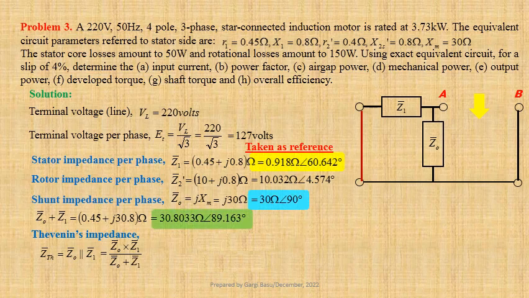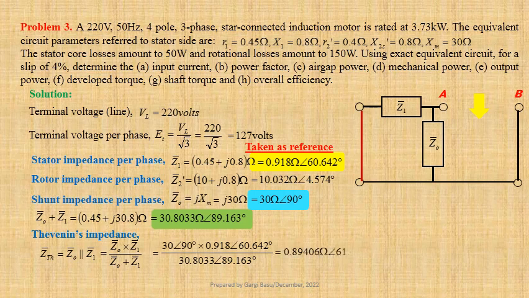Using values we get 30 at an angle 90 degree into 0.918 at an angle 60.642 degree divided by 30.8033 at an angle 89.163 degree, that is equal to